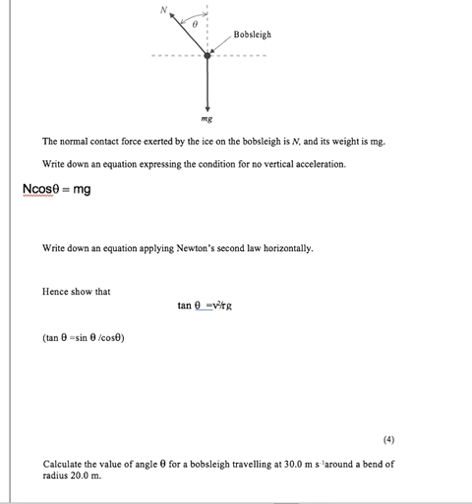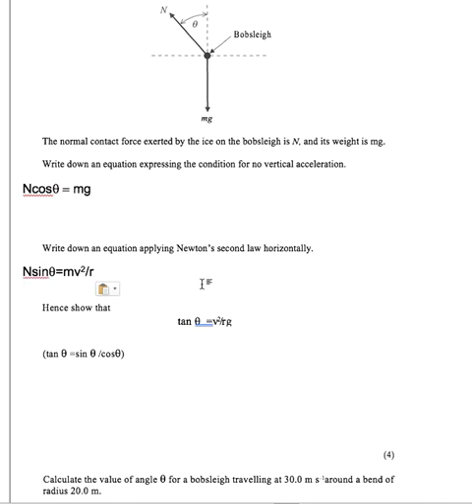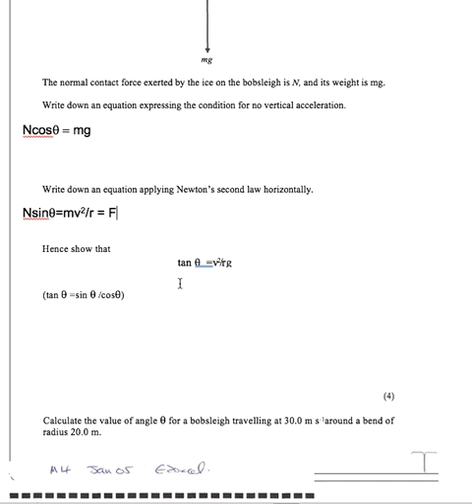So we could write down that n sine theta equals mv squared over r equals F. F equals n sine theta might do it, but certainly putting in the mv squared over r can do no harm. So hence show that tan theta equals v squared over rg,